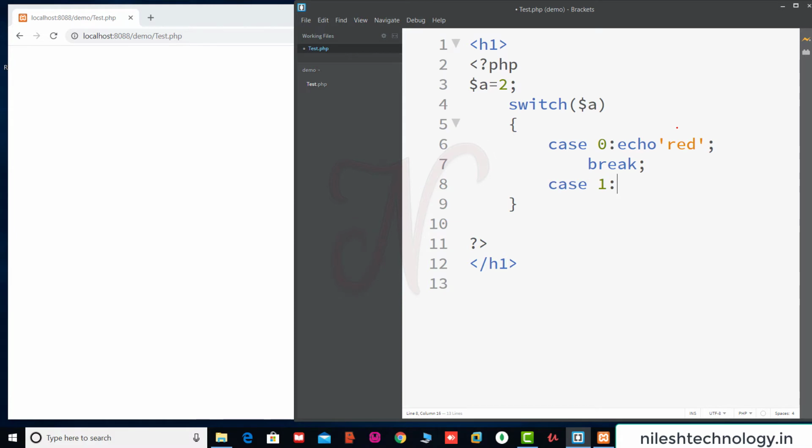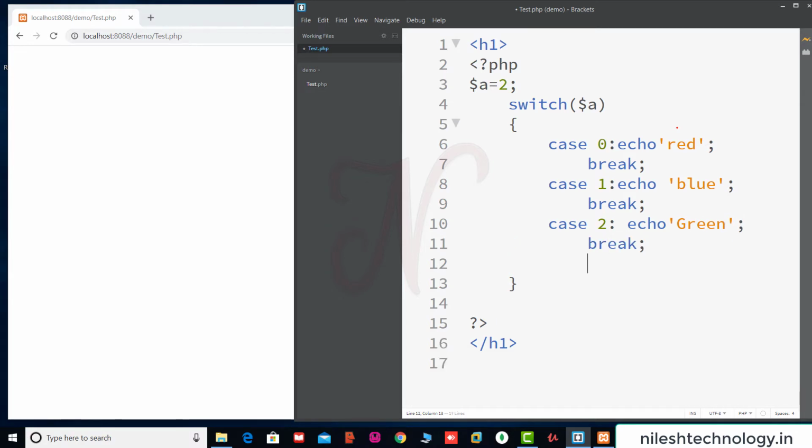Same here, case 1, echo another color, blue, and case 2, echo green. There is one default case: default, echo invalid value. Okay, so save these changes.